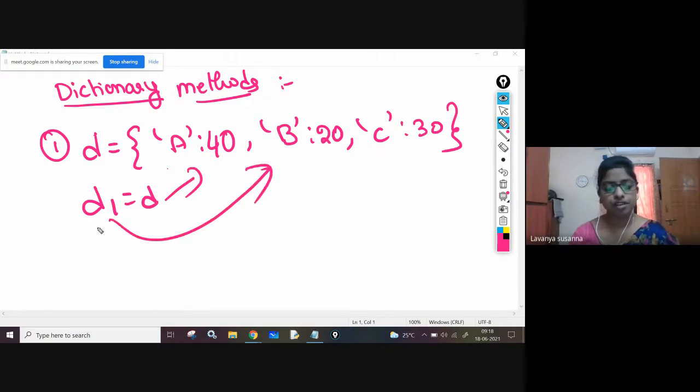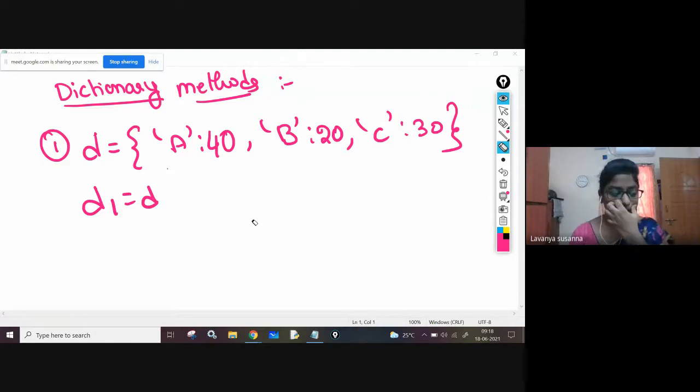If you modify using D1, the D value is also modified, because both are pointing to the same object. So if you don't want that, if you want a separate memory location and all the values of D copied to D1, then you need to use the copy function, d dot copy. I will execute it and show you.